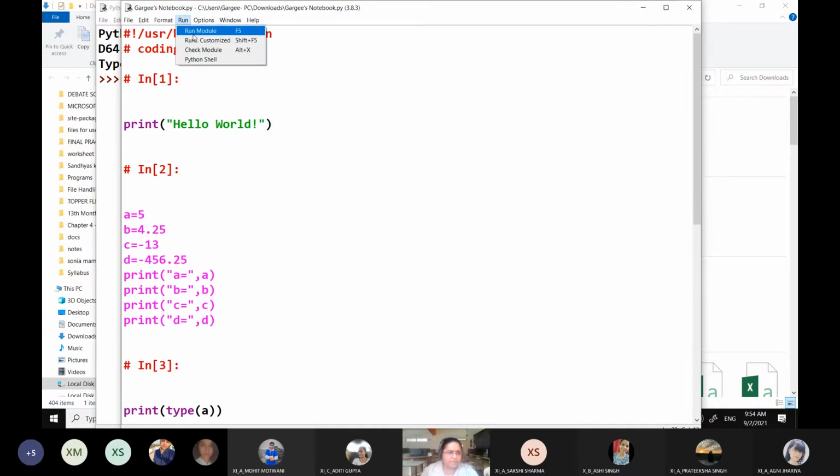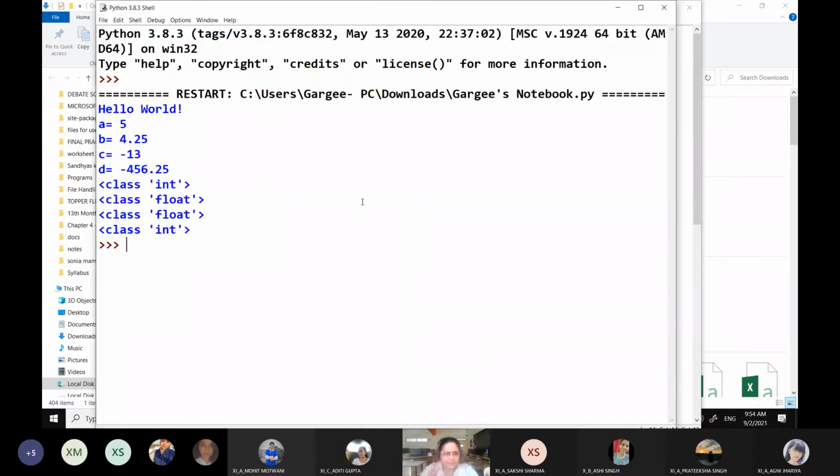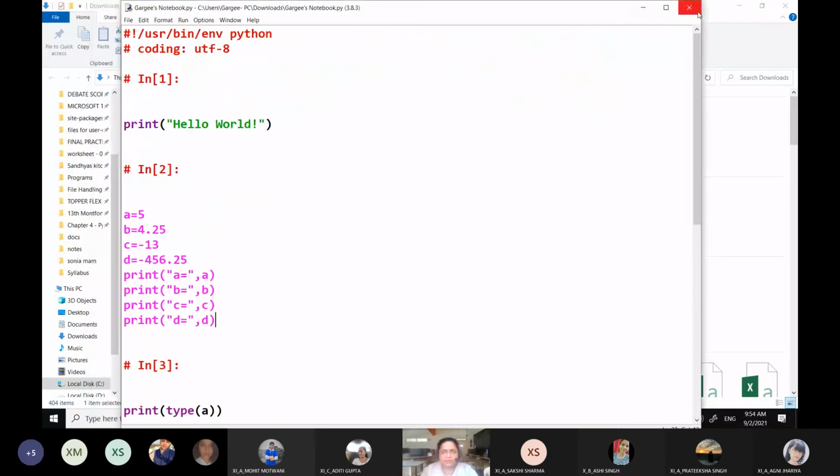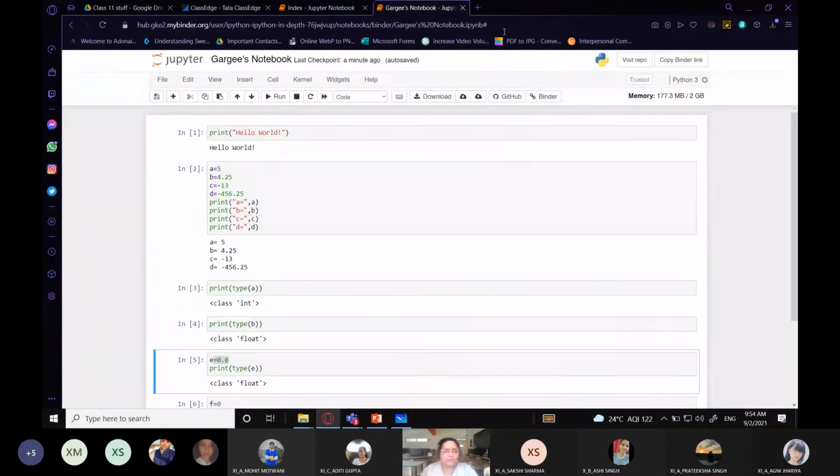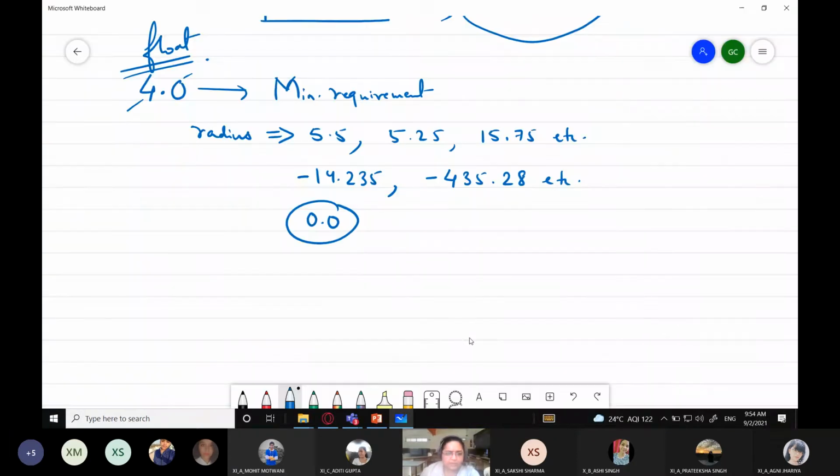So you can just go to Run and you can run. All these things I'll explain to you. So you can run this. This is just to show you that you can use an online repository also. If you have a problem installing Python on your computer, you can also quickly access the Jupyter Notebook. So this is very helpful for quick programming, right? So please use this and see for yourself.